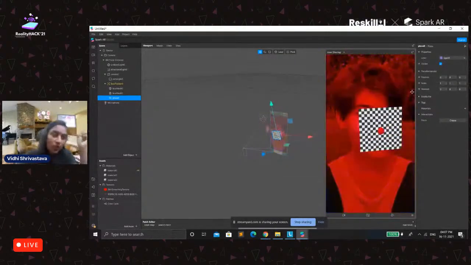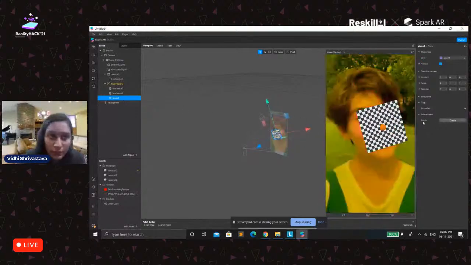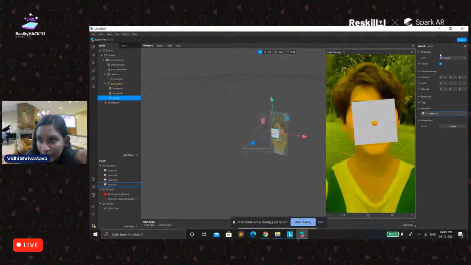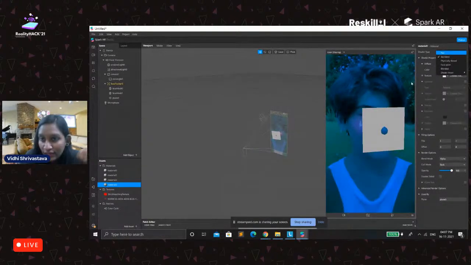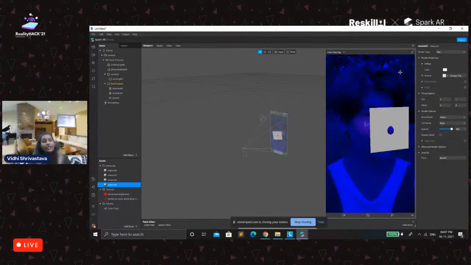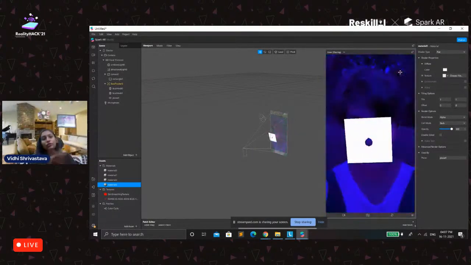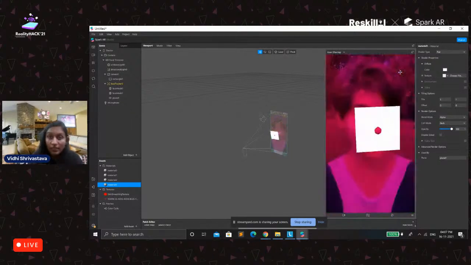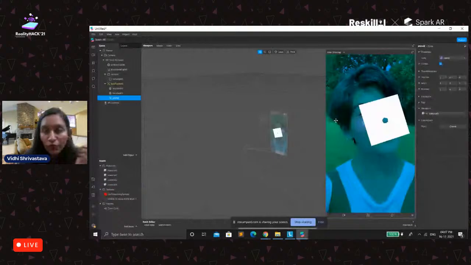All those textures you can add from the plane itself. You will just add a material to it and make it flat. And one more thing, the plane is attached to the face tracker, so it will see how the facial movement is being done, and it will move accordingly.